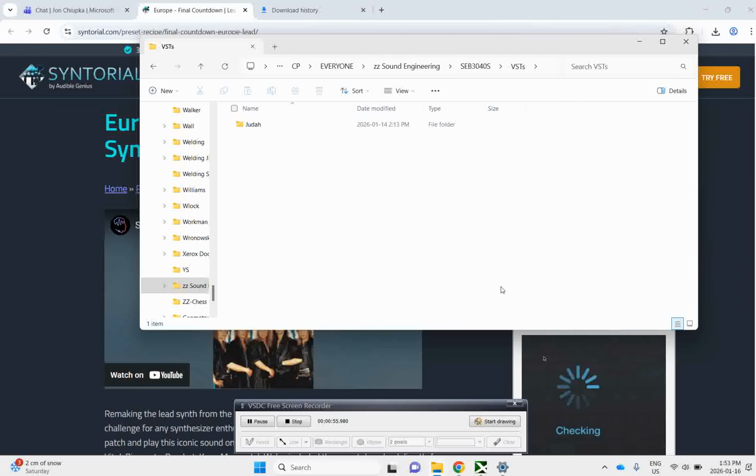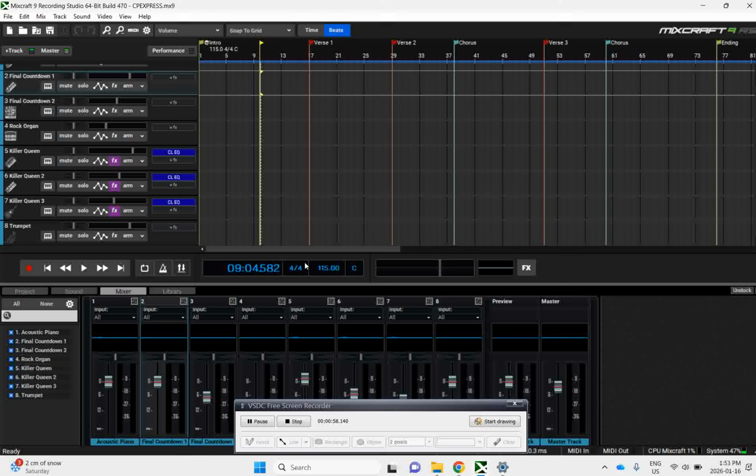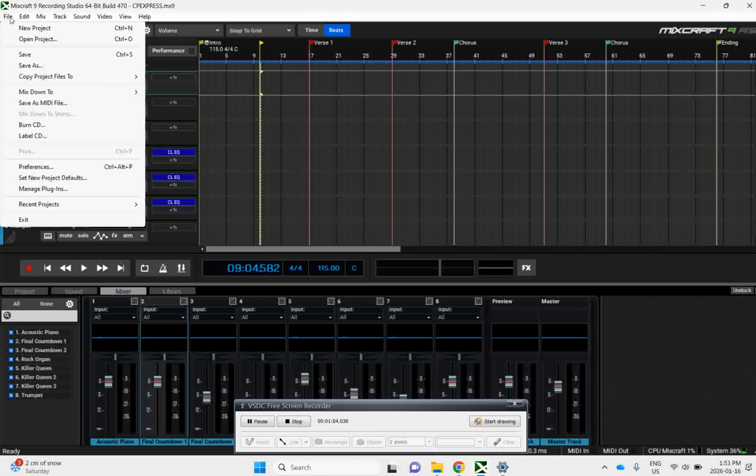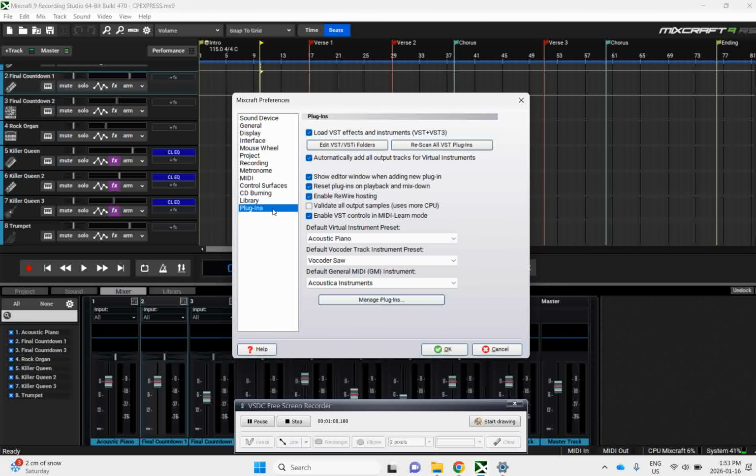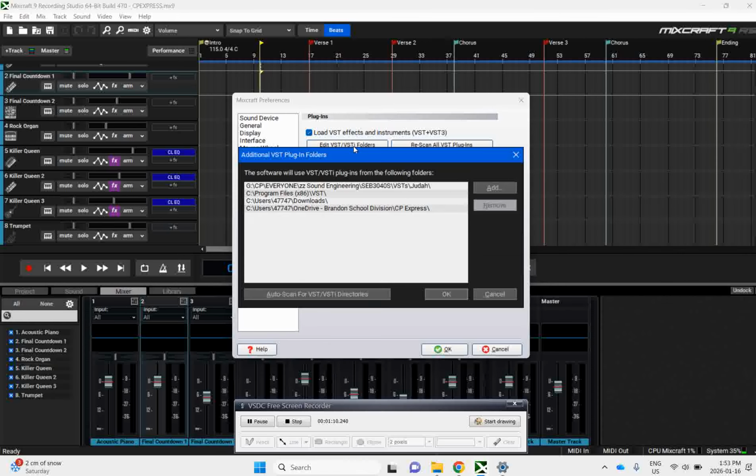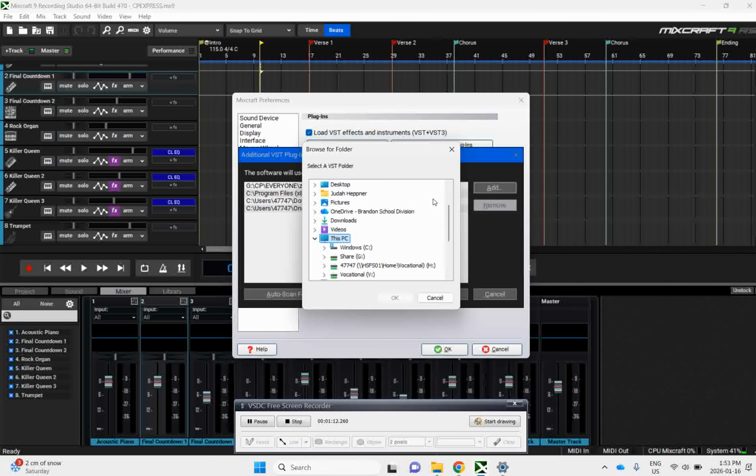Now when you go to Mixcraft, you just go up to File, Preferences, Plugins, Edit VST Folders, Add, go down to under there, under CP, Everyone, down to Sound Engineering,